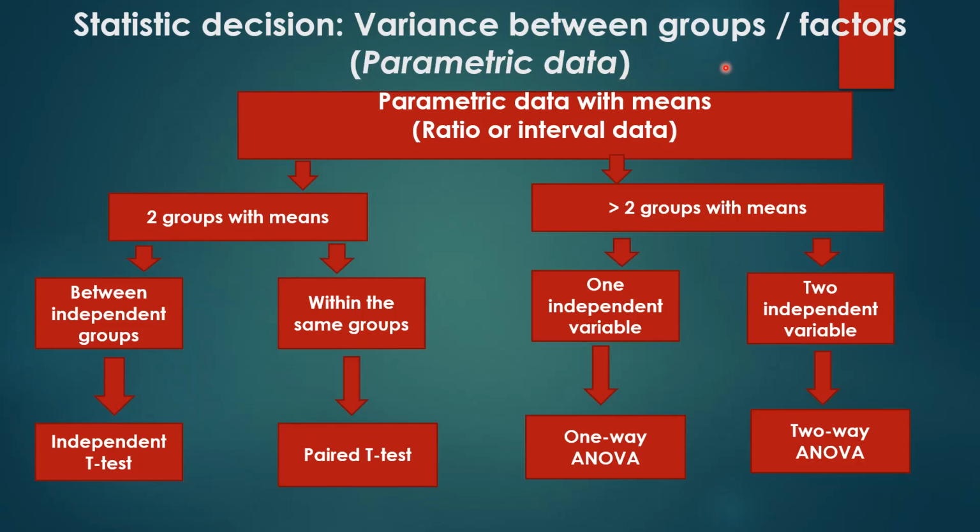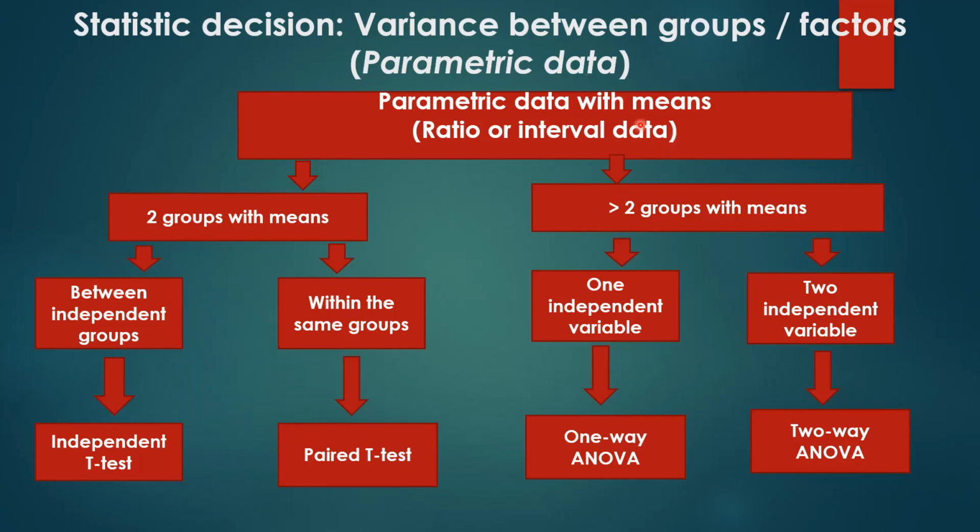Okay, for instance, if you are collecting 1 for male and 2 for female, you can calculate a mean with that kind of data. So it's not parametric data. Okay, so now we have parametric data. It means the characteristic that we're investigating, or our dependent variable, we collected that data and the data is parametric. Then we are able to